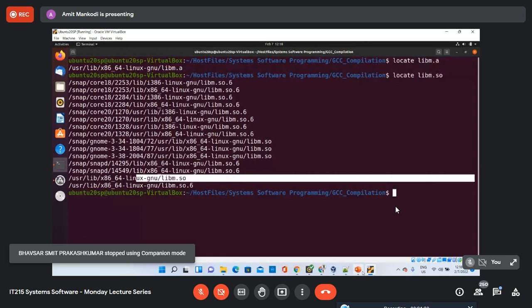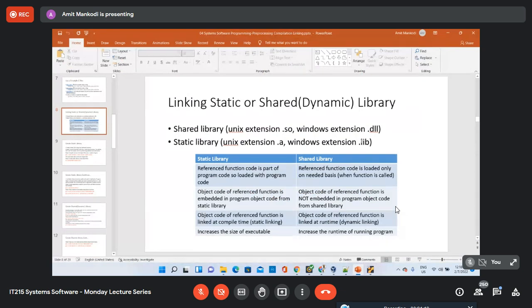Now the question is, what is the difference? These are the ones that you would see in your Windows operating system, and these are the ones for the Unix-based operating system. Primarily, there are two major differences. One is that when you use the functions from the static library, when you create an executable file, the object code of the function will be copied from the static library file and embedded inside the executable file itself.